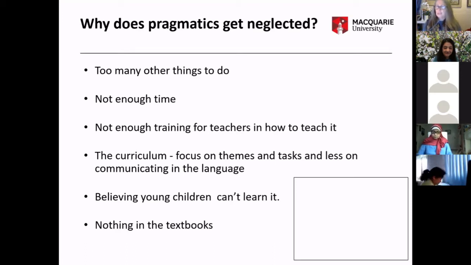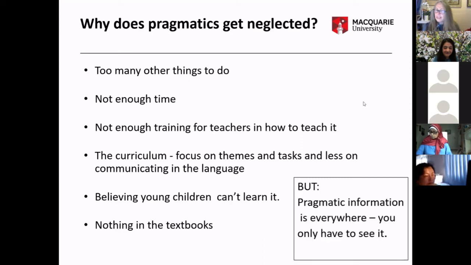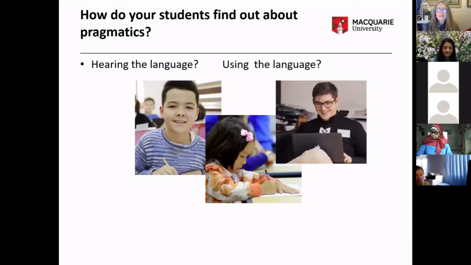Now, I don't know what textbooks you're all using. I'm sure they're all different, and there may not be anything explicit about pragmatics in the textbooks, but pragmatic information is everywhere. You only have to see it and to notice it. So ask yourself these questions. How do your students find out about pragmatics? Do they find out by hearing the language? Do they find out by using it? Do they find out by interacting in real life contexts? And the sort of people that they may be able to talk to